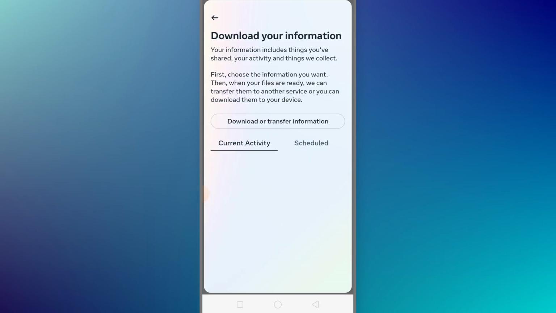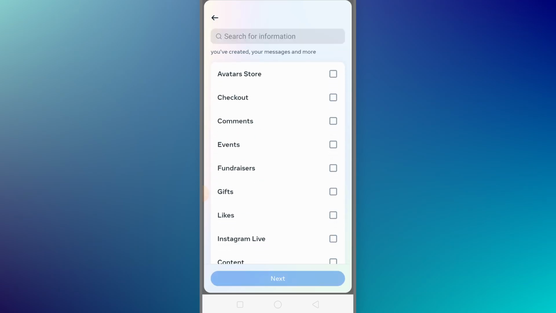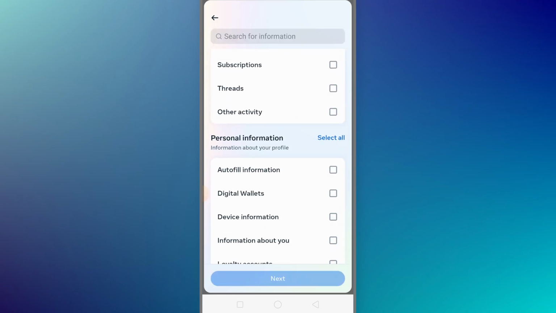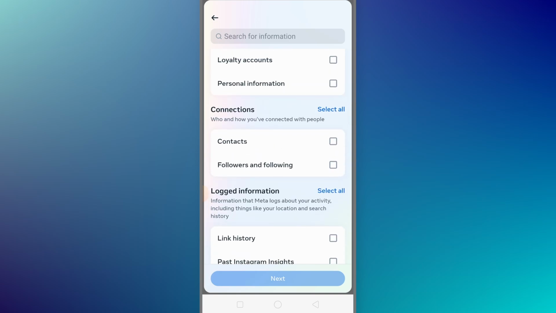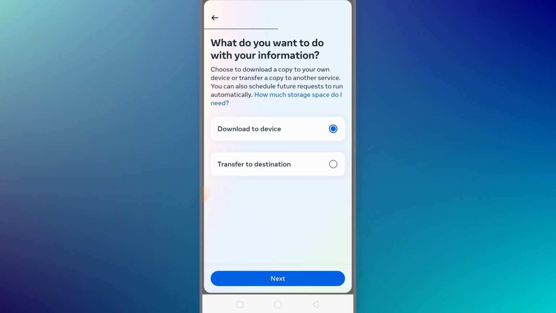and as you can see the option for download or transfer information, we just need to click here. And here I just want to download some of my information, so I'm just going to click on Some of your information, and here you will see a lot of options, but we have to scroll a bit and find the option for Followers and following, which you can see right here. We just need to tick it and click on Next, and here we have the option for Transfer to destination or Download to device, so we just have to click on Download to device and just click on